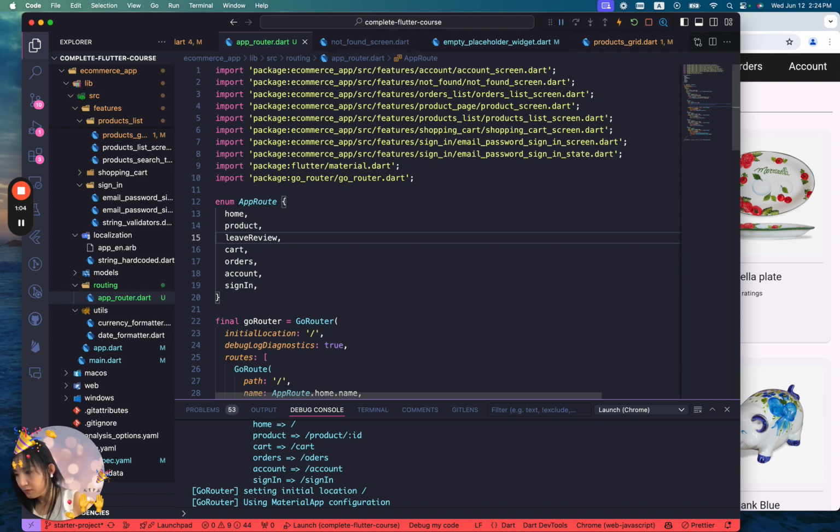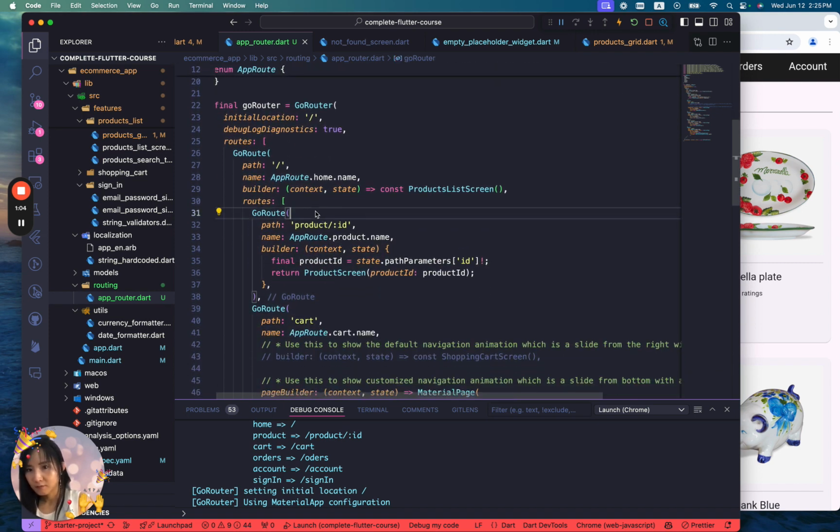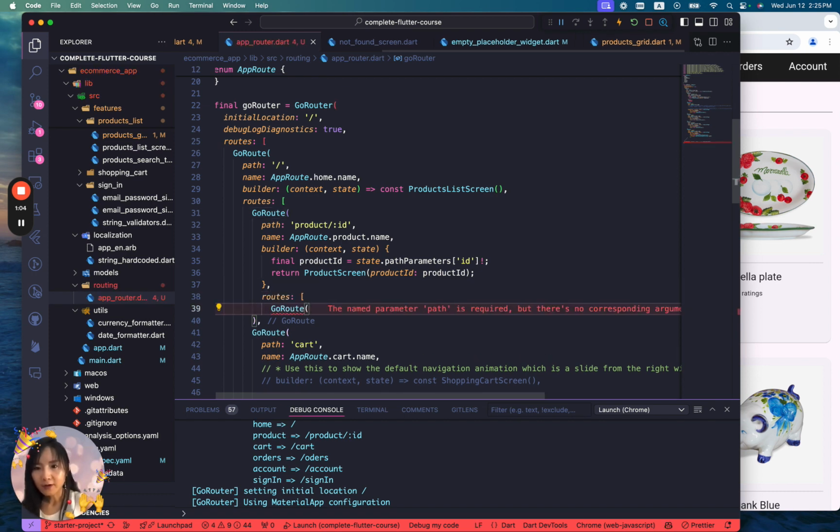And then we can scroll down to find our product route. And here we can add a list of routes. I think I understand better now. So if you want one page on top of another, you have to define a specific